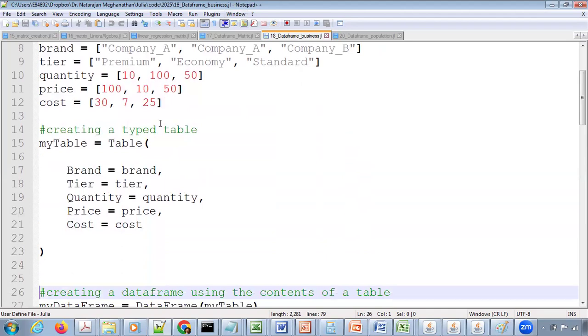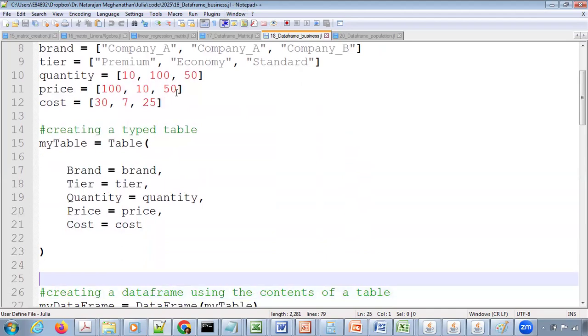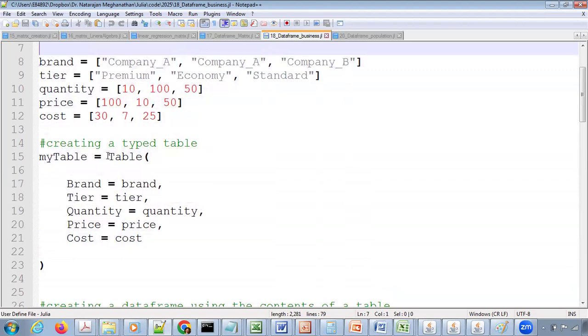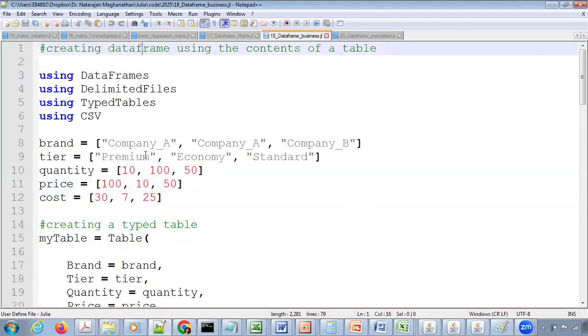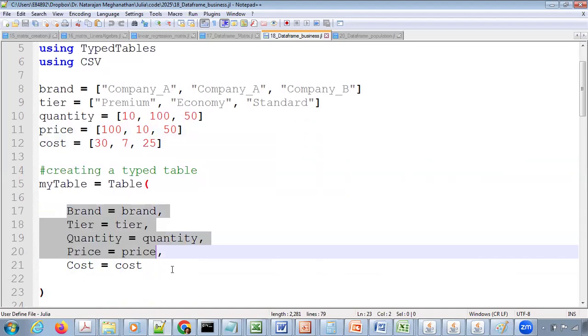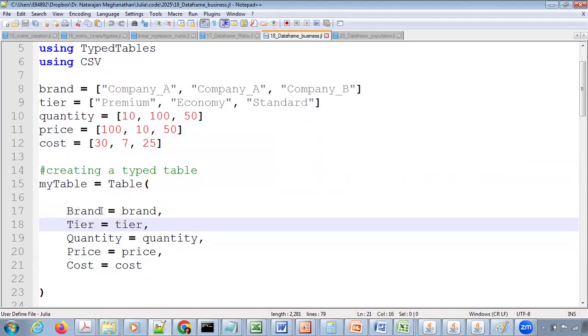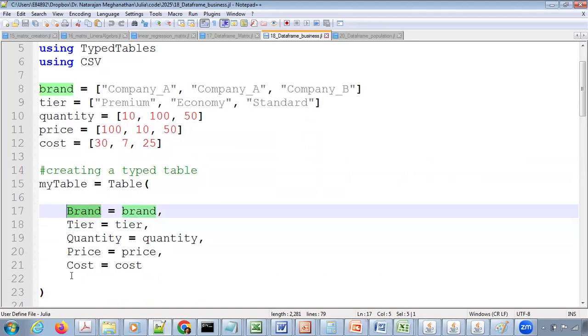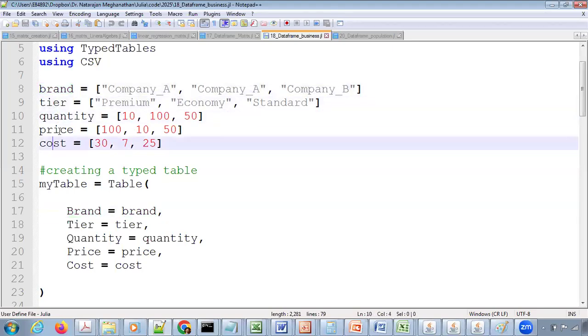So this is the table that we can generate based on the vectors that we created. Table is a class in the TypedTables package, and this is a constructor. The left side names are the column names in the table, and the right side names are the vector names that we have created here: brand, tier, quantity, all the lowercase vector names. They are passed on the right-hand side, and brand, tier, quantity, price, cost are the column names